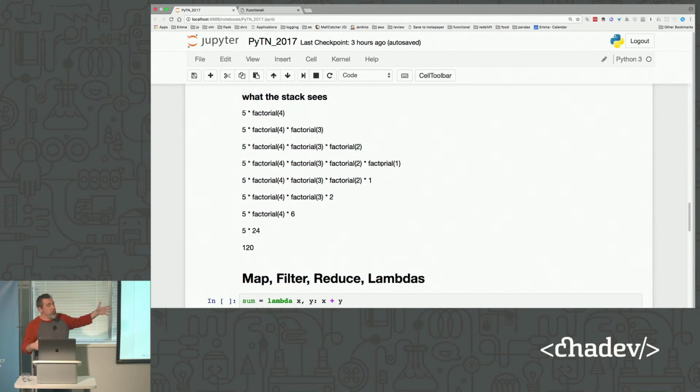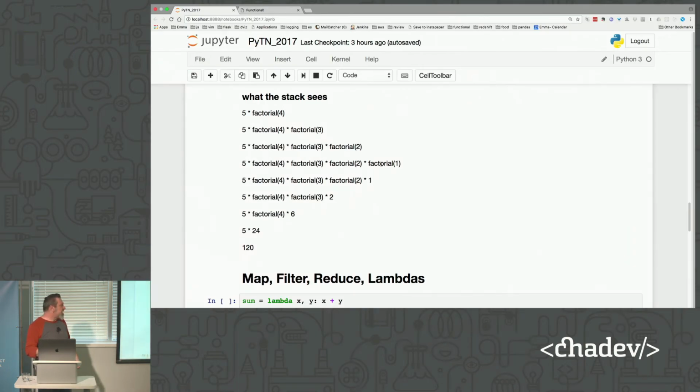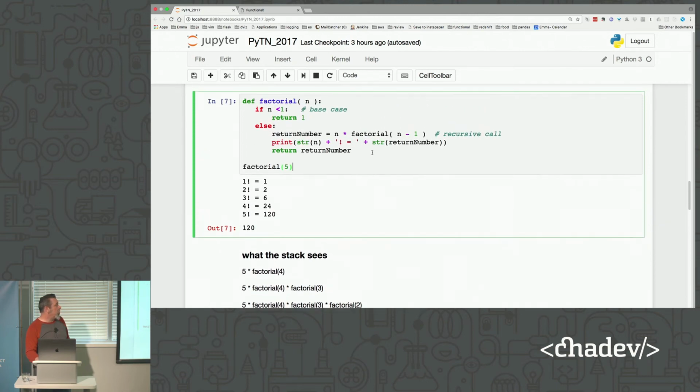And this can actually get even worse if you do Fibonacci. It adds multiple frames and you're doing the same calculations over and over again. So you have a lot of frames that are doing the exact same thing. So in any case, it's really inefficient if you don't have tail call optimization, right? So this is the problem that can happen if you try to do recursion in a language that is not built for it. This is actually not the best way, even if it were tail call optimized. This is not the way you would write this, but it's not worth writing it properly because we don't have optimization in Python.